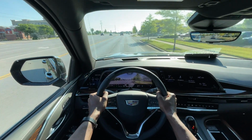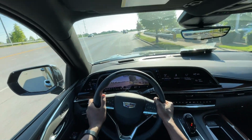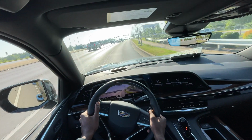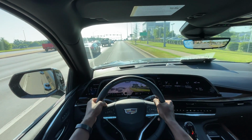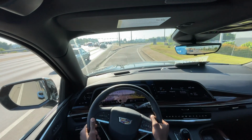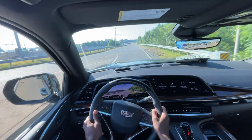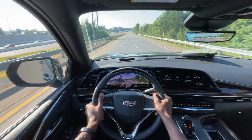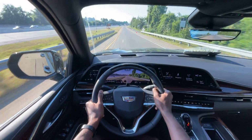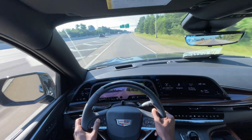Now the V8 does have quite a bit of power to it. Of course, it's no Escalade V, but basically have the same engine other than a supercharger. So still gets up. But I'm gonna go ahead and give it just a tad. Now this thing only has about 27 miles, so I'm not gonna floor it, but I'm gonna give it something. Here we go. Now with it having the 10-speed automatic, it likes to shift a lot, but